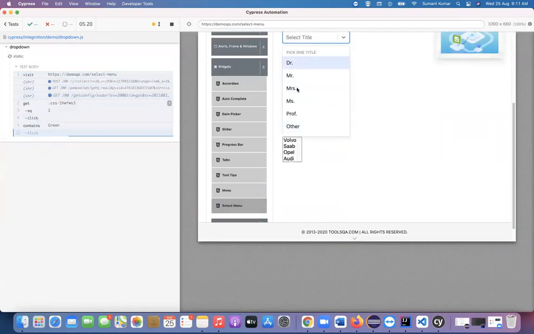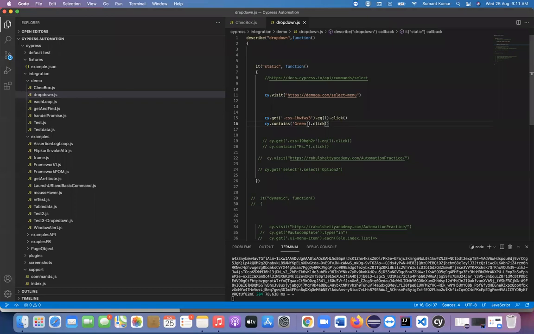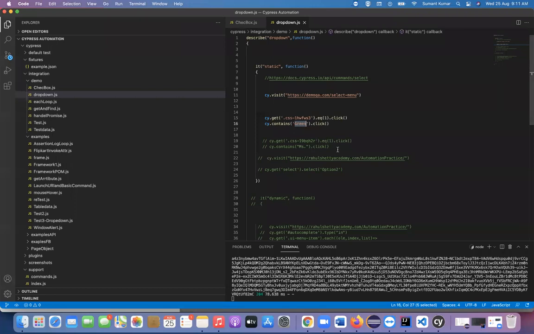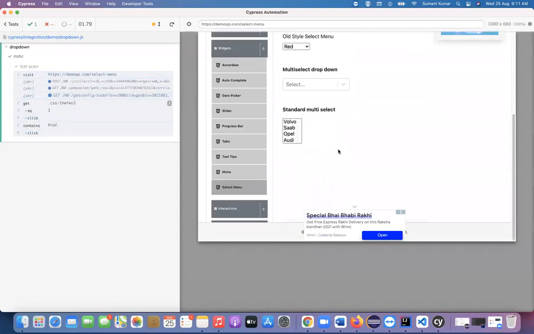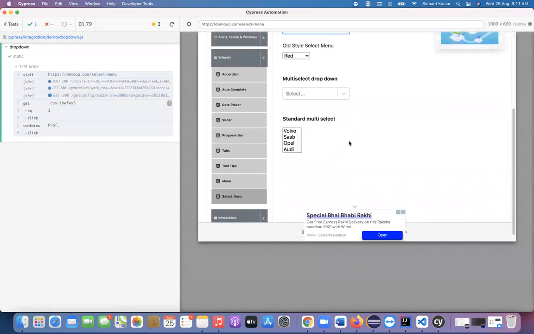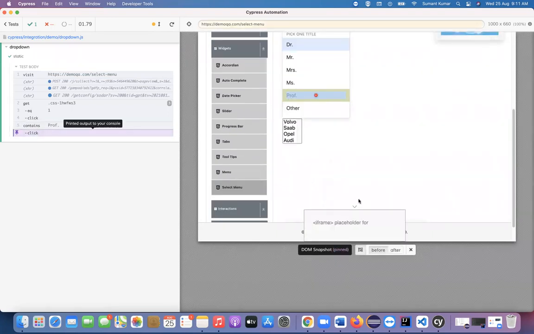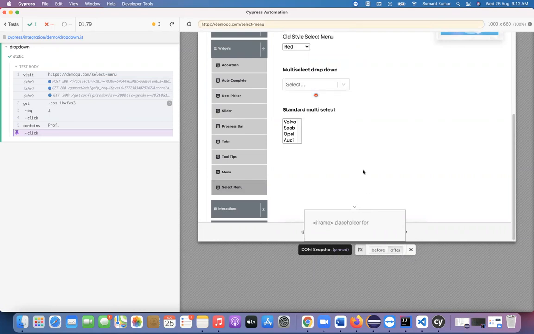Not green, I need to select something from here, right? So let's say I want to select this professor, prof dot something. Selected professor. Yeah, it's selected. You can see, you go here, before it was just highlighted, and after it's selected.